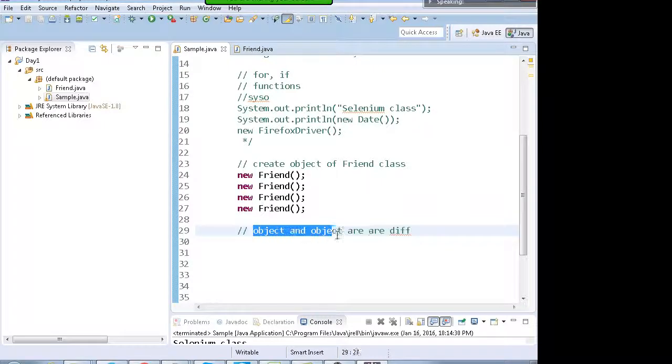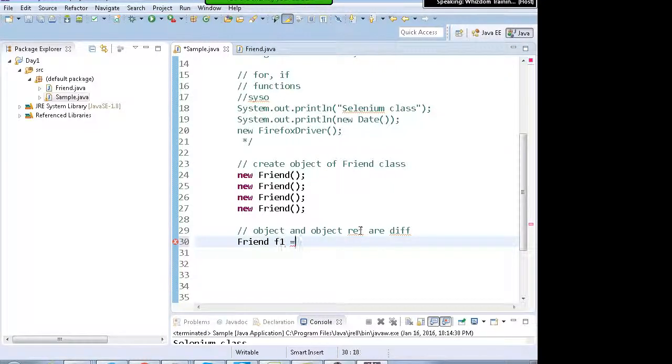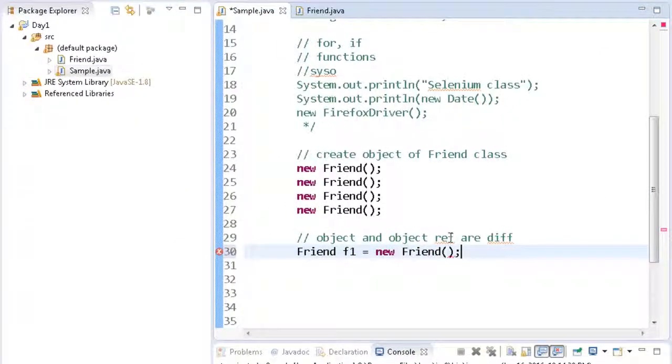If I write over here friend f1 equals to new friend, then f1 is the reference to this object. f1 is not the object.